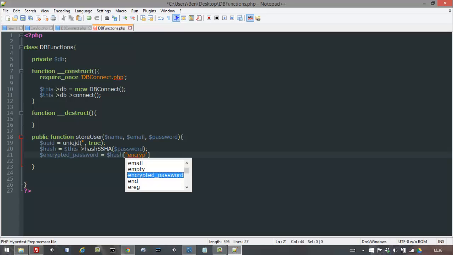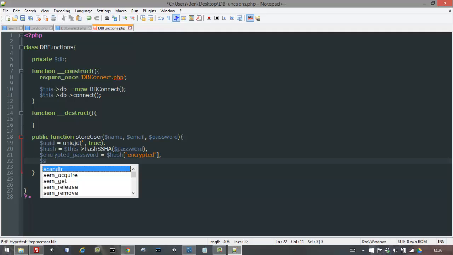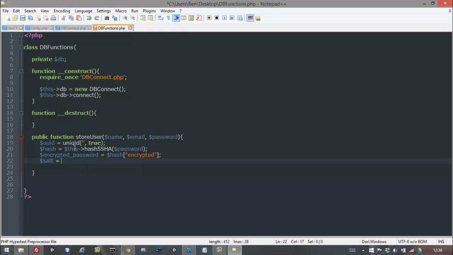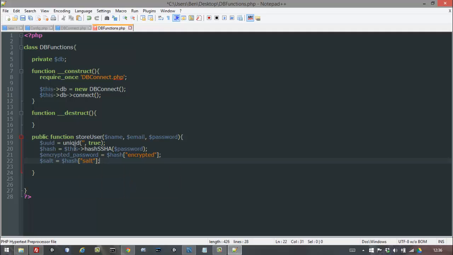So this one will be encrypted, okay, and then the next one is the salt. So $salt is equal to $hash, bracket, and we're going to log for the salt. Okay, so this method here will return an array type which will have two objects, one encrypted and one salt. Okay,